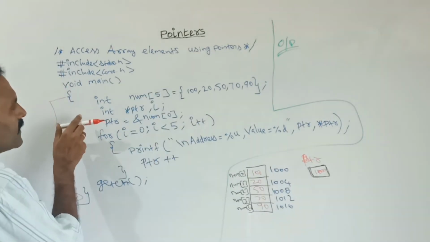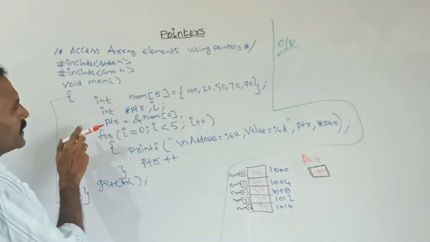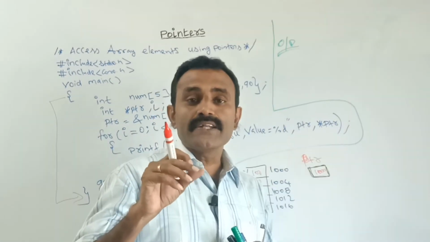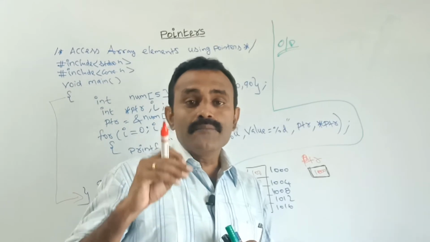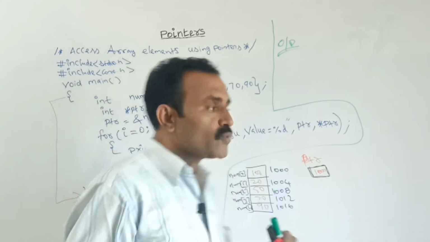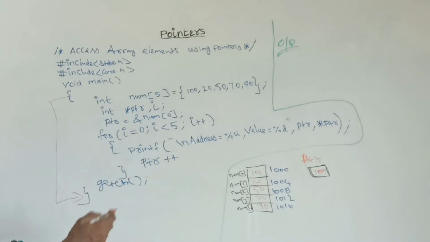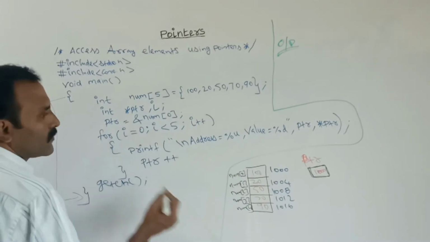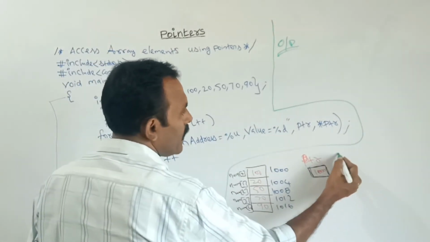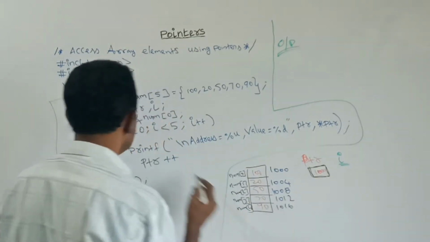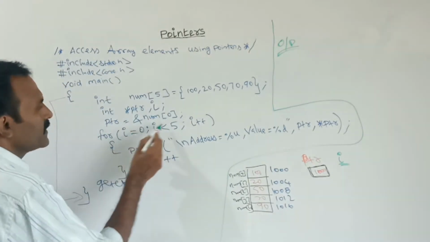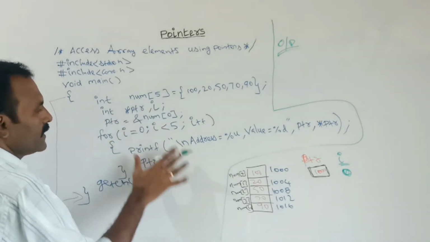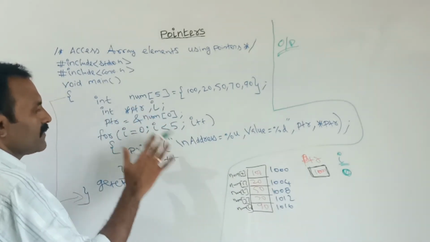Next, after getting the base address of this NUM, here I am using one for loop. The for loop is used to print the address and the element inside the address. So for that we are using this for loop. The pointer variable now currently fetches the address of the 0th position. Next, in the for loop, this is the I value. At the very first the I value is 0, it checks the condition, true. Once it is true, then every statement inside this for loop will execute.